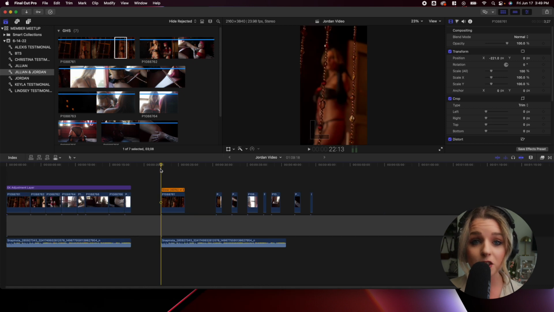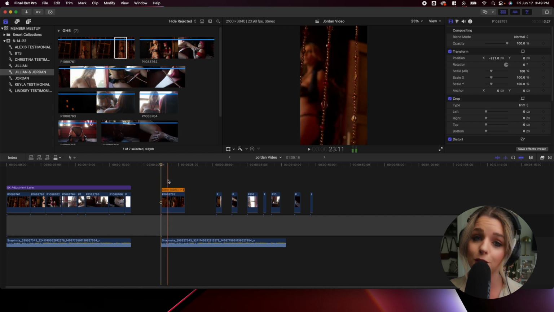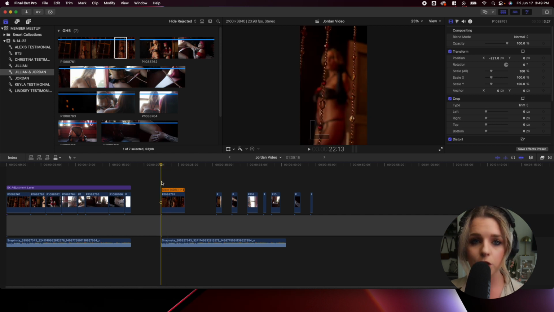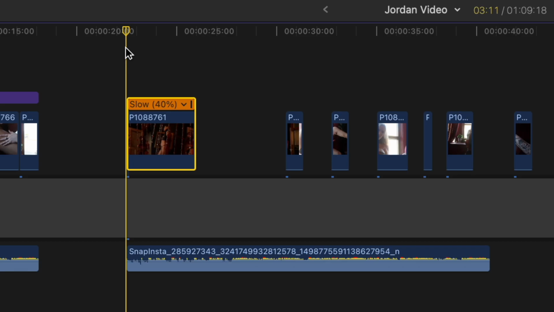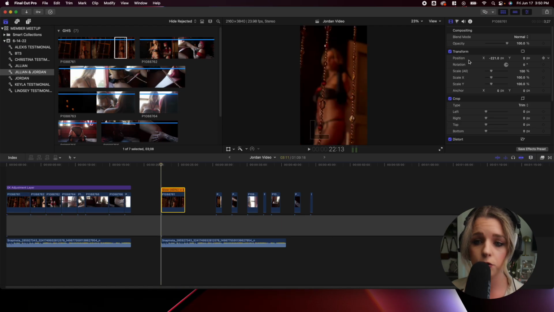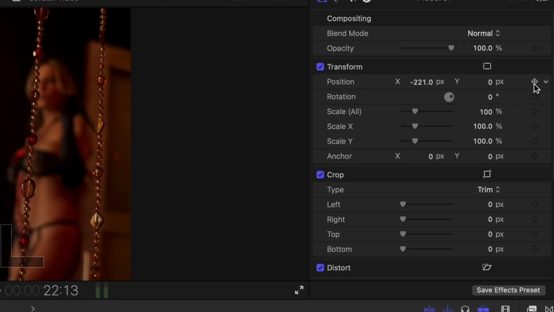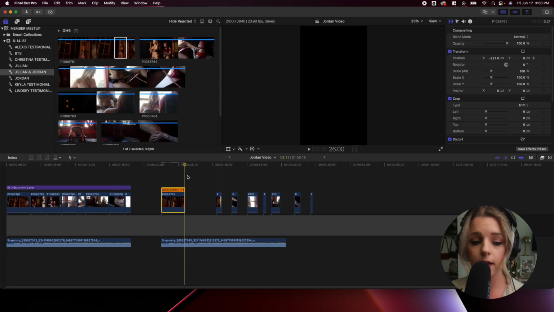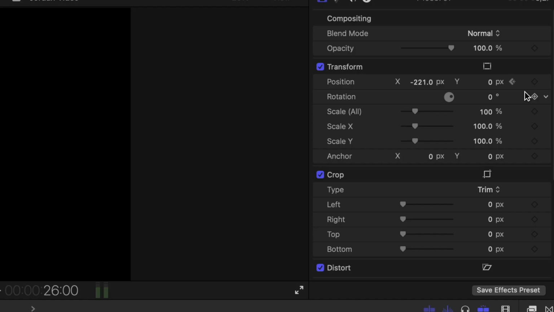I need to quickly mention that whenever you do spatial conform, rarely does it ever have the correct composition that you are wanting. So what I'm going to be doing for this particular clip is I am going to be keyframing the position so that it shows both models in the middle of the screen. So in order for me to do that, I make sure that my playhead is right here at the very beginning of my clip, and then I go right over here to the transform section, and then I press this little keyframe right here. And then I go to the very ending of my clip and then I press it again.